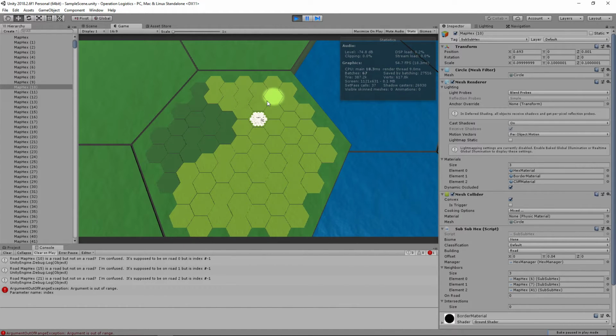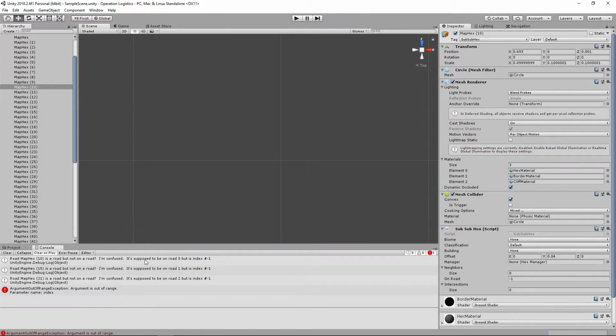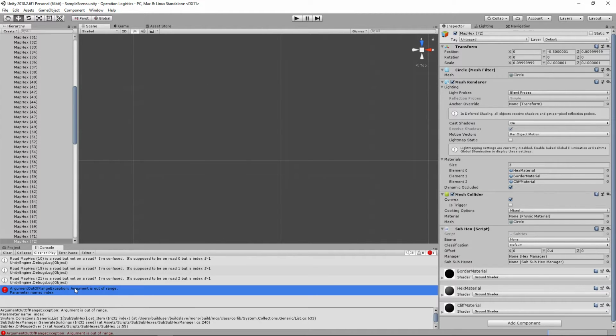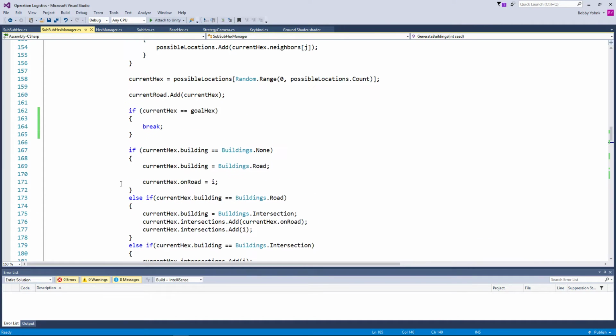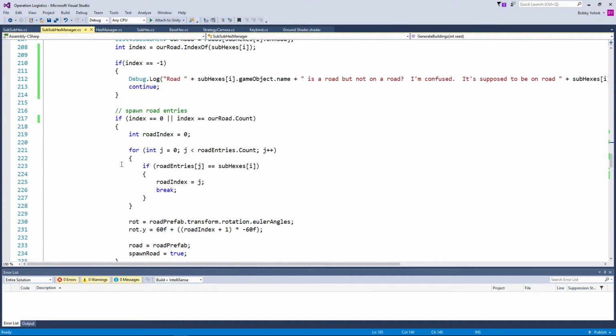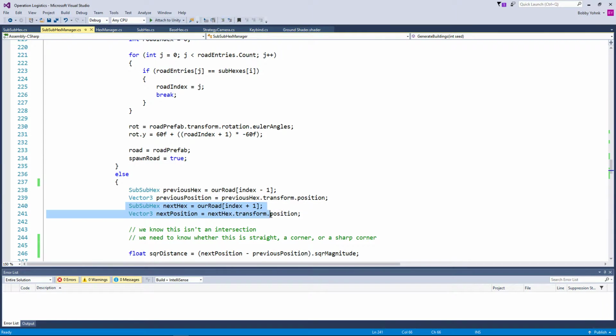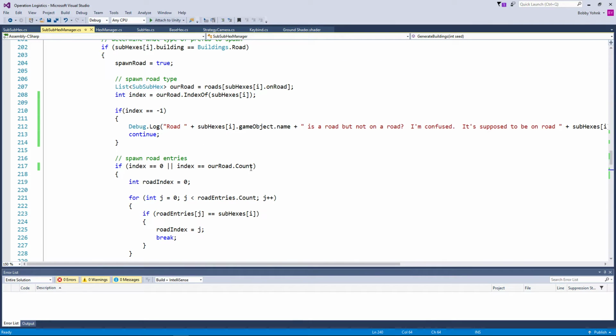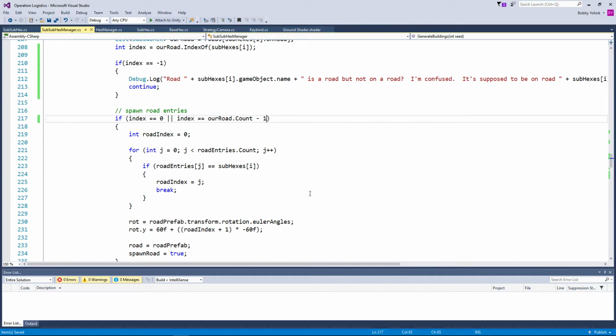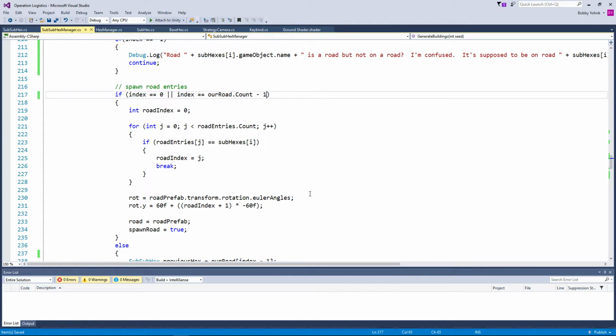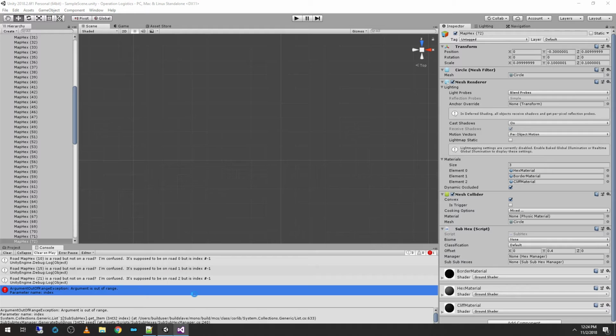Oh boy. Okay, argument is out of range. I did expect an argument out of range exception. And that is sub-hex manager line 240. I'm expecting that to be the +1. Line 240. Yep, index +1. Yes, that was expected. I do still think our road.count -1 is still the right call here, because it's 0 indexed. Yeah, that's correct. So the question then becomes,